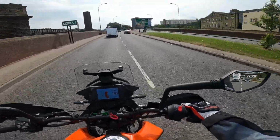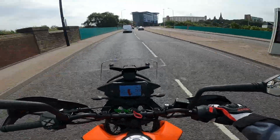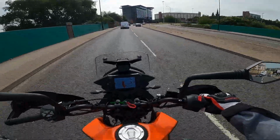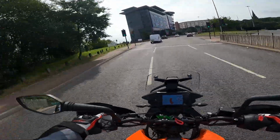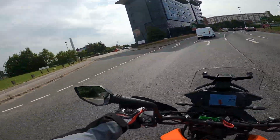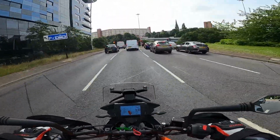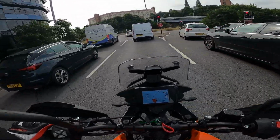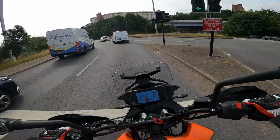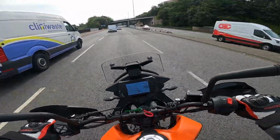So I'm going to do that, and then on the way back we'll come home through some more twisty country roads where we can explore the handling and dynamics of the bike as well. And then in between all that, after we've done some green laning, I'll probably get off and do a walk around of the bike, talk you through some of the key specifications, etc. So hope that's all good. But as per my usual MO, first impressions leaving the dealership